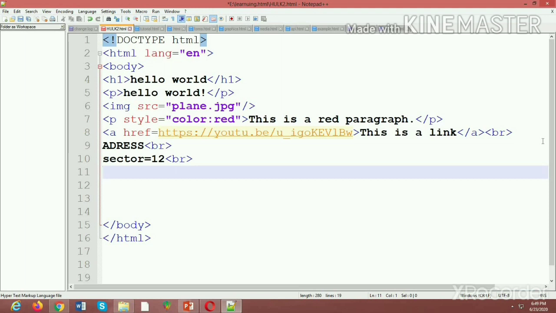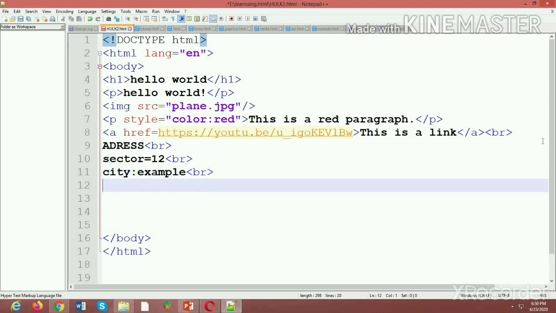It is a tag that isn't closed, so these tags are known as empty tags. Then the city, you can add anything here, I don't want to add anything, so I'll add example. No matter, I only want to show you the tags.